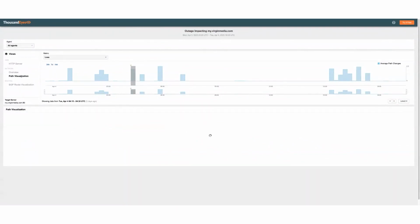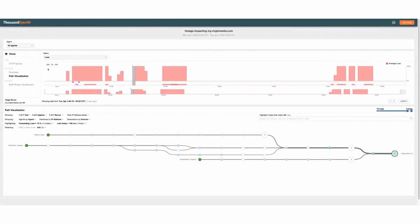Right. So, Kamal, what that's indicating, as you pointed out, is there is a direct correlation between the withdrawal of routes and the changing of routes with the intermittent packet loss that we saw throughout the incident, including the long stretches of loss where there may not have been a route available to the service. That's exactly correct. So what's happening here is that we see 100% correlation between the BGP-related activity and the packet